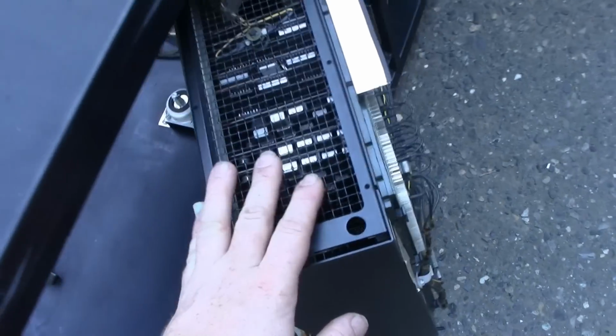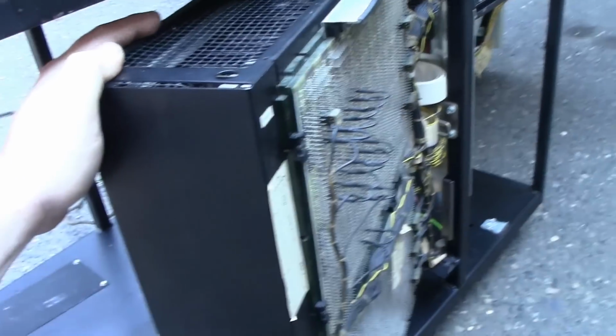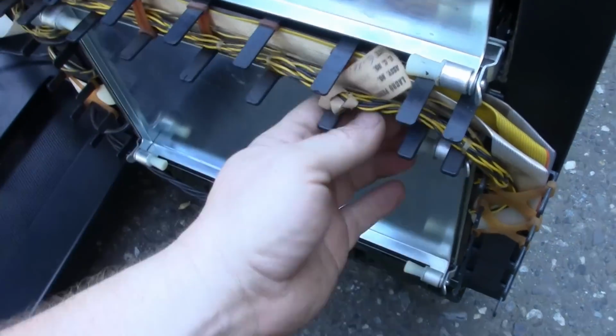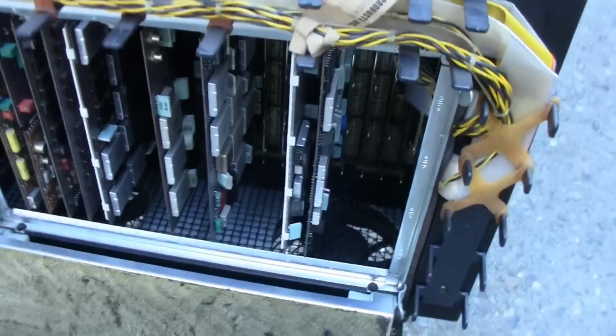So in IBM speak, this is known as the logic cage, or the logic door, or the logic gate. One of those. As you can see, it does swing like a gate, so logic gate sounds like the most reasonable explanation. I'm going to pull that pin there, there we go. And the computer comprises of, surprise, circuit boards. Now,